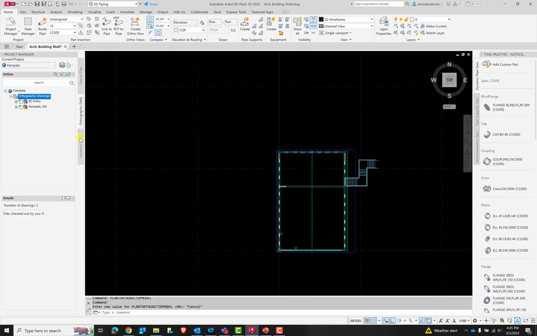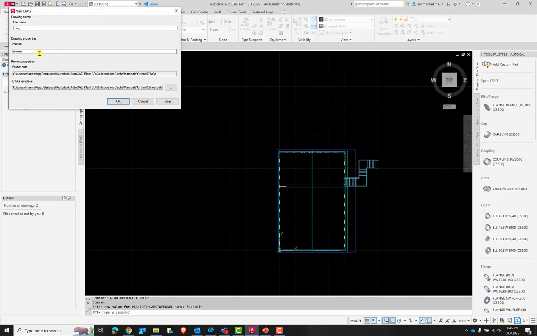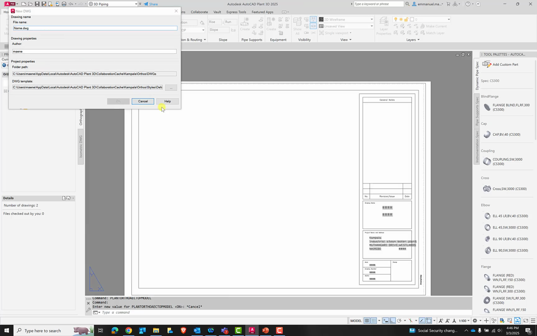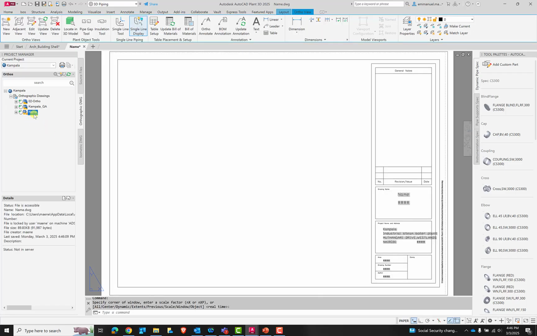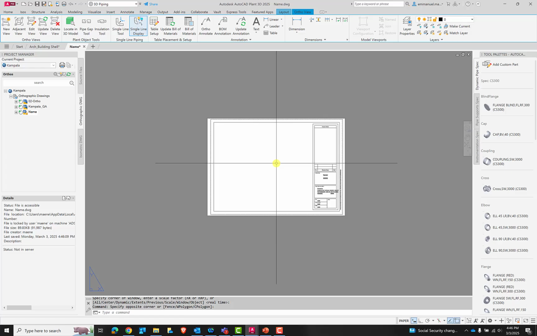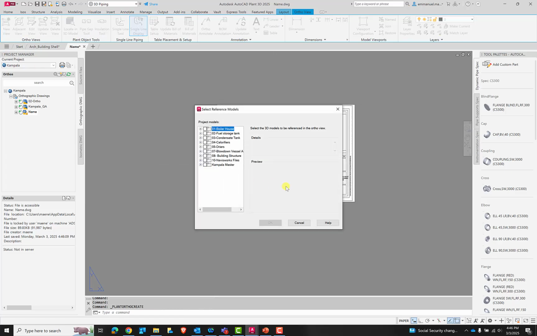Once that is completed, you just go simply to your orthographic drawings. Just giving an example here, I can give it a name and select the template. Once that is done, I can now go into this drawing and select create a new view. Now you select the drawings that you want included in this. So for example, I'll select the ones that I think are very important here. Once that one is completed,